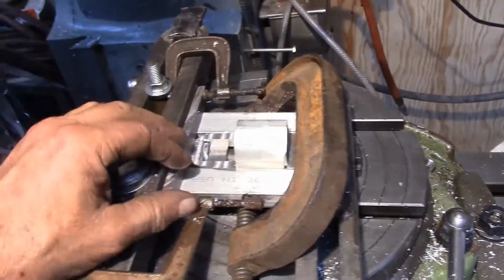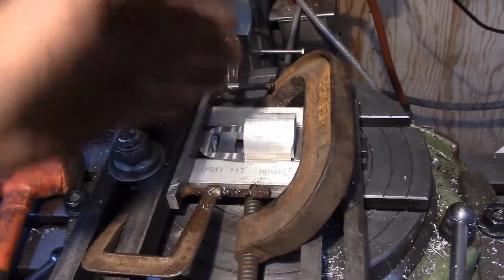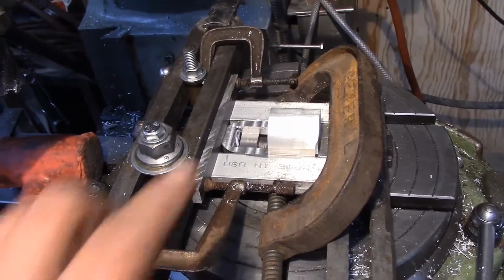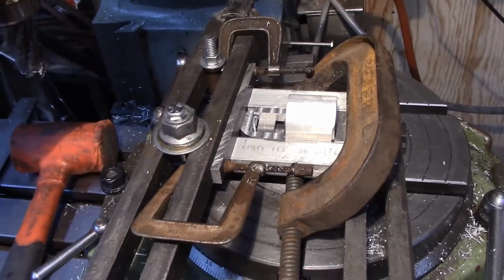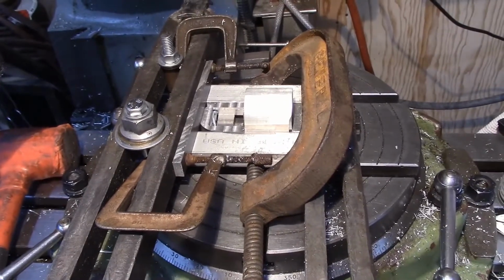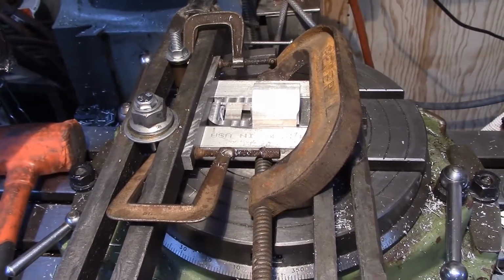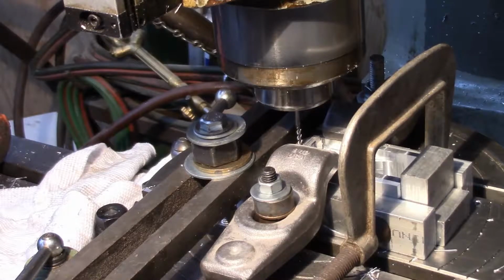I've got a hold down over here, and another clamp over here holding this little bar down to the hole, so this can't pop up out of there. First time I did it, I didn't have this bar, and that thing popped up out of there, so I took some measures to stop that. So hopefully this time it won't pop up. We'll get our part done, and I'll be able to go on to the very last feature. This is our setup for doing the inside radius. So we're going to go ahead and